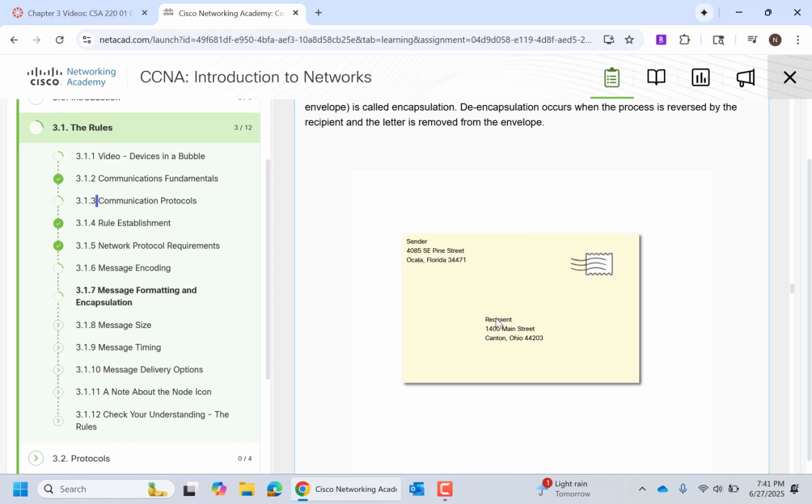You put who the sender is, so up on the upper left-hand corner, you put who the sender is. That's you typically. And you put who the recipient is. On that address, we have a bunch of things that make it unique. We have the city, the state, the zip, we have the street, we have the number, and we have the name of the recipient. There could be a hundred 100 Main Streets throughout the world, but there's probably only one 100 Main Street, Bismarck, North Dakota 58501. So all of those things make it unique.